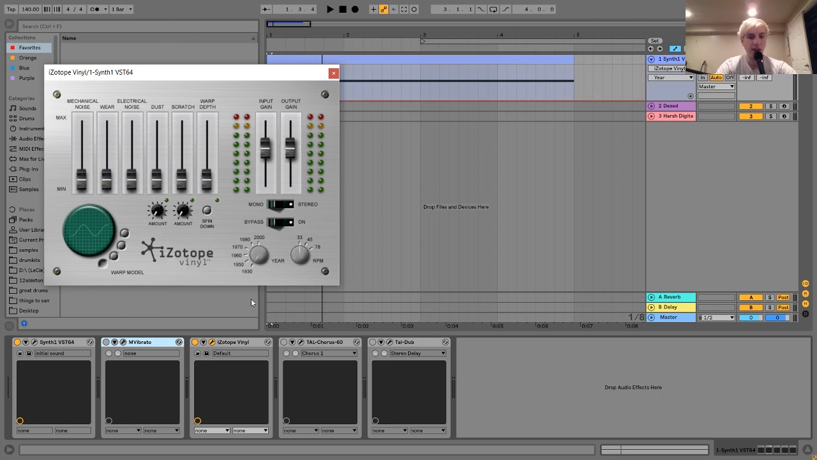Like if I go to 1930 and then turn the RPM up, you can kind of hear it's filtering the sound and making it sound more old school. There's a bunch of different noises. There's that mechanical noise and the electrical noise, and you can just turn those up and have those in the background of your tracks. So that's pretty useful. There's the scratch knob,